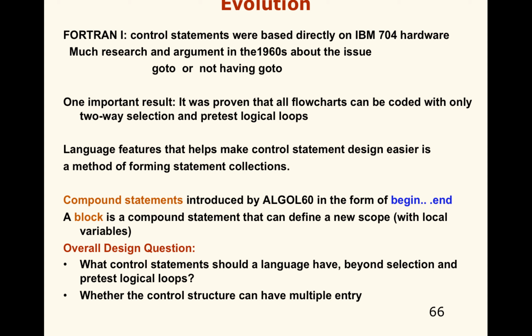And so we had cleaner looking ones, and Algol's begin end, which Pascal took over. So Pascal started with the begin end, and they created these blocks. And you know what a block is. A block is from an opening curly bracket to a closing curly bracket. It's the scope in which the flow control is visible. So a block is a compound statement that can be defined by defining a new scope with local variables.